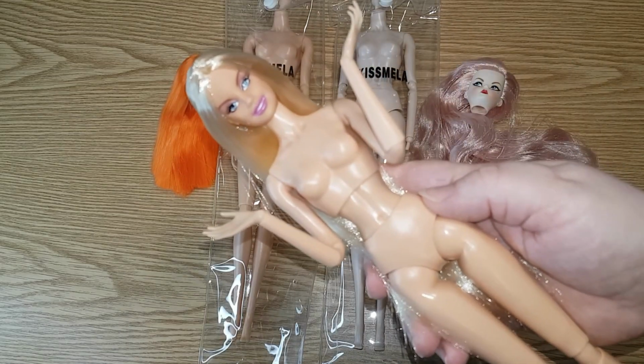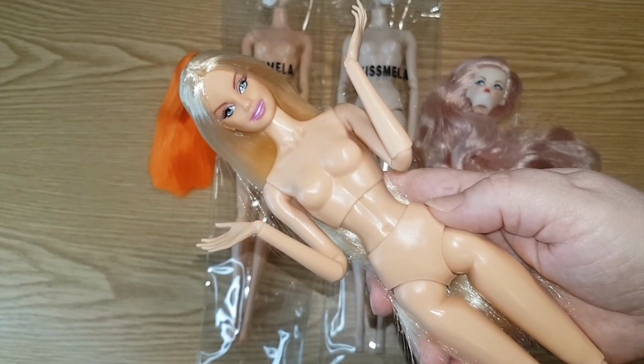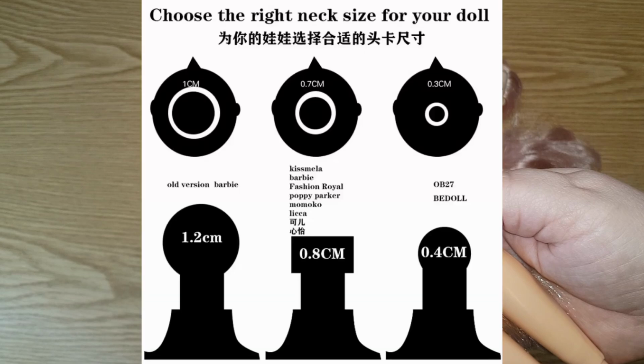Maybe some of you have already seen this doll because I used her in one of my Mini Brands fashion styling videos. I was interested in the Kissmela line for quite a while, but I was not really sure what I would like to do with it, and therefore I decided I would just go with the guide for the right neck size for your doll that the seller provides. Every seller that has these doll bodies has the same picture. And you can see there's the thickest one, the one that both bodies on the table have,